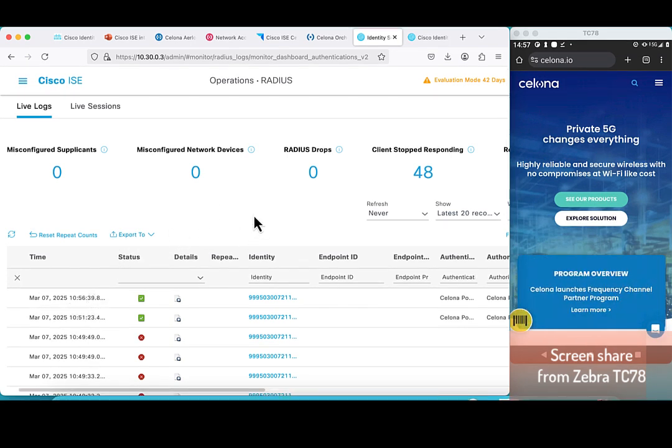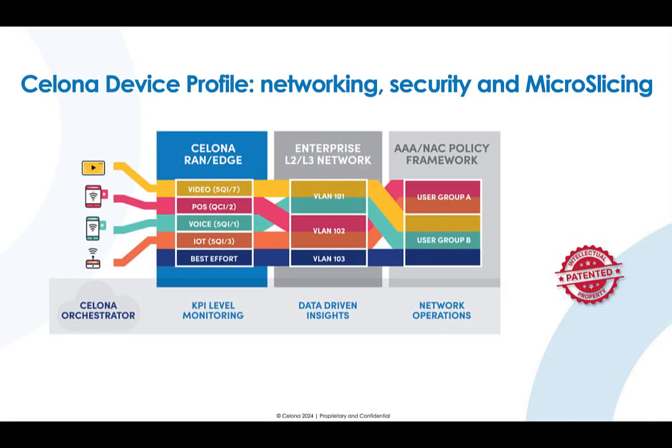What I have just shown you is how you can use the Cisco Identity Services Engine to authenticate and authorize Celona SIMs and cellular devices to dynamically assign a Celona device profile, automating security for your Celona private network. The time of fully automated IT operations is here, and at Celona with Network Access Control integration, we can help automate security for private cellular